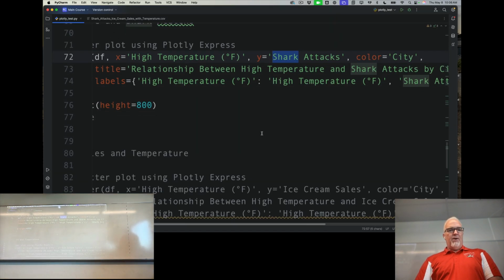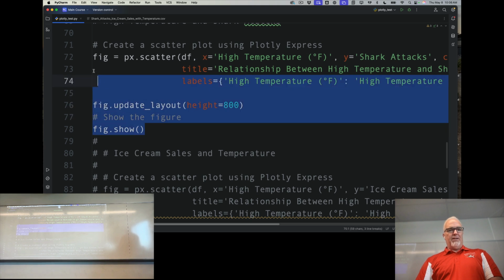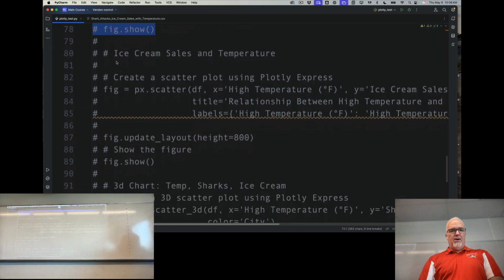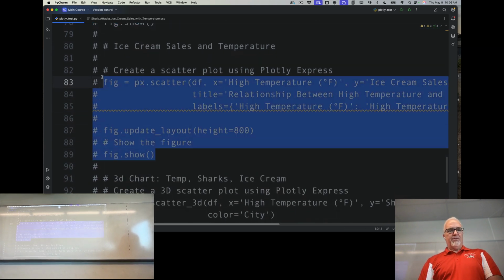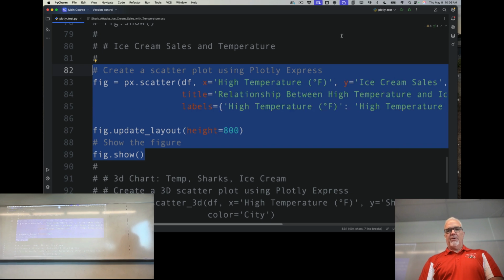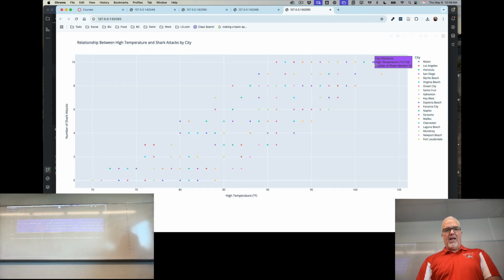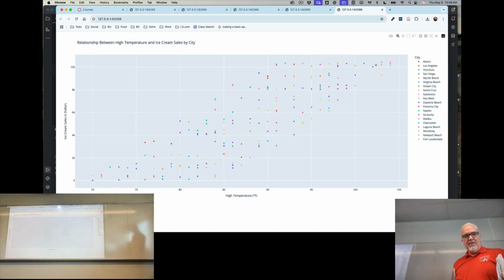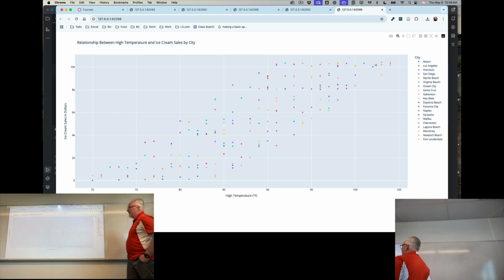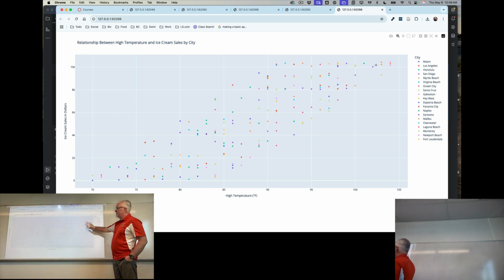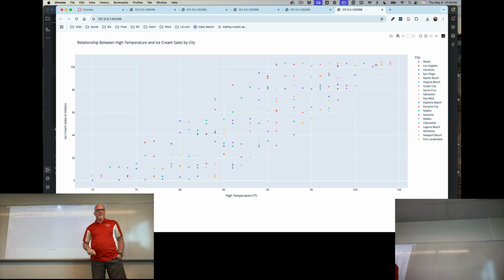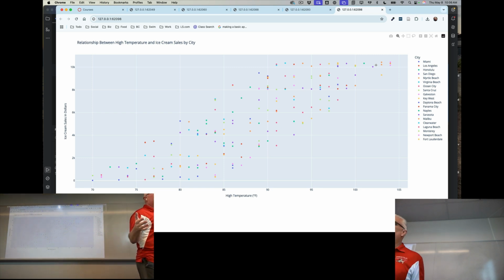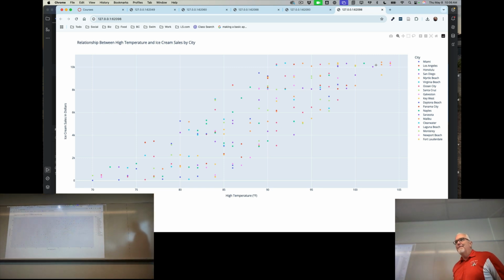Similarly, we can do a scatter plot with ice cream sales and temperature. And we can see, like the shark attacks and temperature, ice cream sales are also positively correlated with temperature. That's a surprise to nobody. But now,